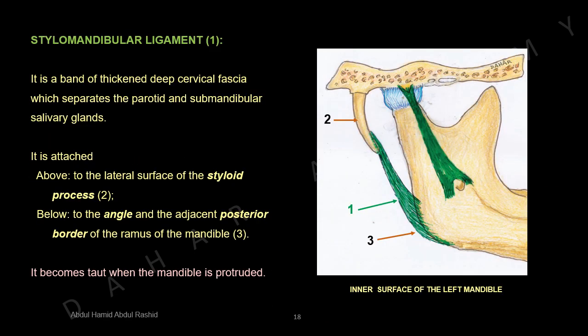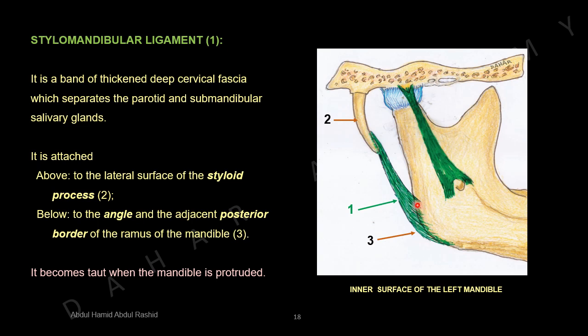Next accessory ligament of TM joint is stylomandibular ligament. This is the one, stylomandibular ligament. It is a band of thickened deep cervical fascia which separates the parotid and submandibular salivary glands. It is attached superiorly to the lateral surface of the styloid process. Number 2. And inferiorly it is attached to the angle and the adjacent posterior border of the ramus of the